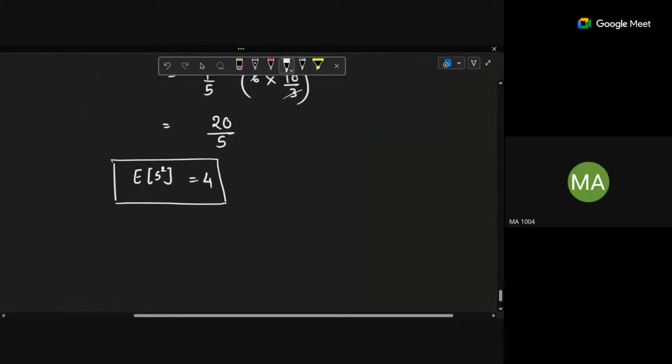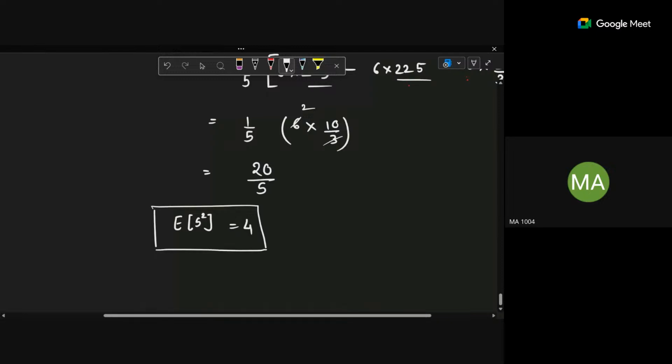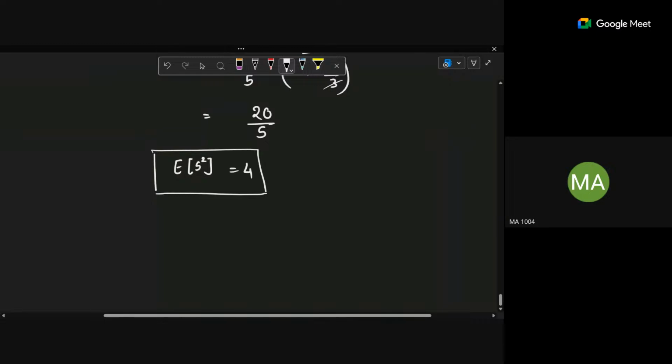Okay, any doubt? Ma'am, a direct formula is there, no, ma'am? Expectation of S square equal to sigma square. Yes, you can apply it, but just tell me one thing: then what should be the S square there? For that purpose only we have put this question. So I will give you clarity on that after solving the next question.